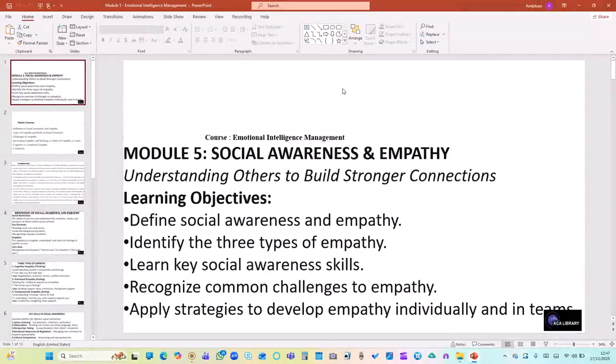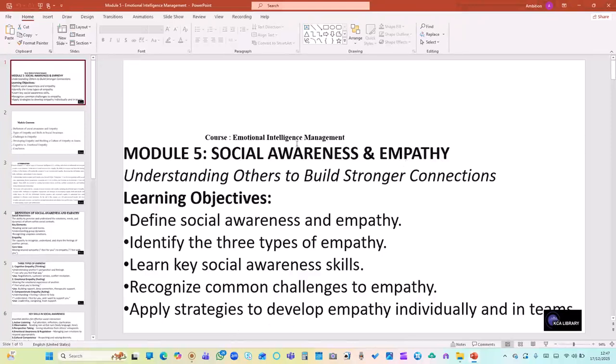In this module, we shall be focusing on social awareness and empathy. That is understanding others to build stronger communication and connection. That is understanding other people's emotions in order to build stronger connection or relationship. By the end of this module, students will be able to define social awareness and empathy, identify the three types of empathy, learn key social awareness skills, recognize common challenges to empathy, and then apply these strategies to develop empathy